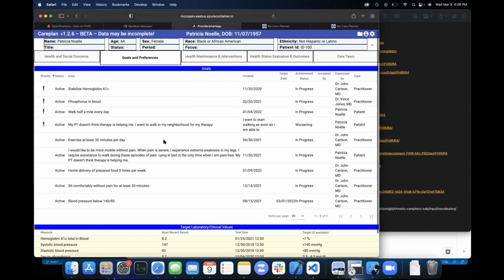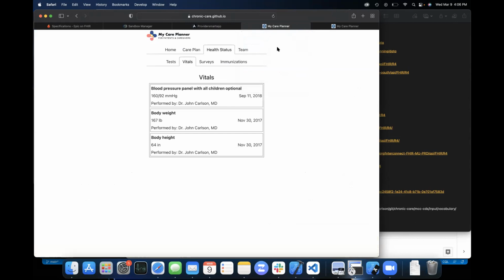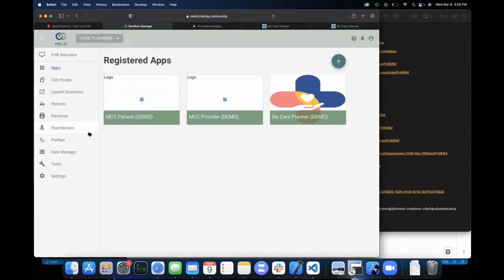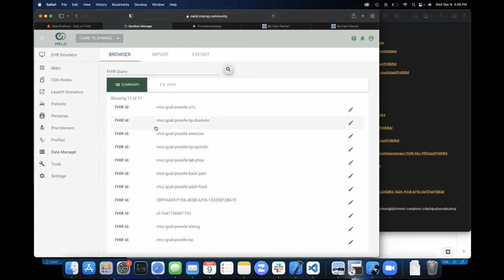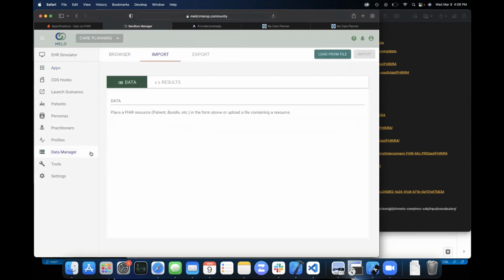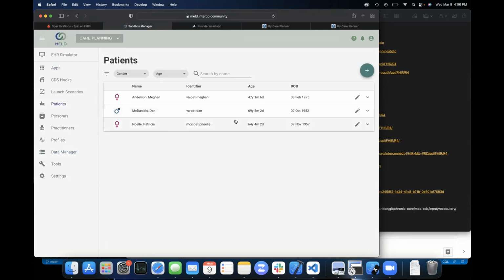So what we've done in past connectathons is we have a little utility that will read something from one place and put it in the other. We used that quite a bit in the earlier connectathon, Dave. So that's what the Sandbox does as well. Yeah, Sandbox has an import tab. You can import any FHIR bundle. You can use the command line. I mean, that's how I bootstrapped all of this data. I didn't type any of it in. It's a pretty comprehensive data set, and they're just FHIR bundles on GitHub.